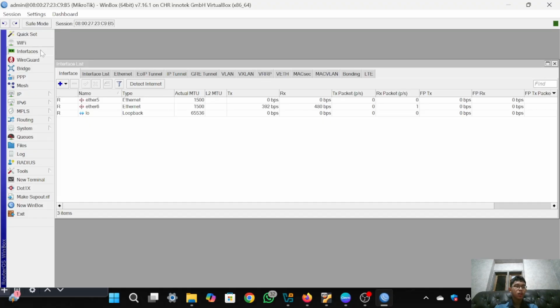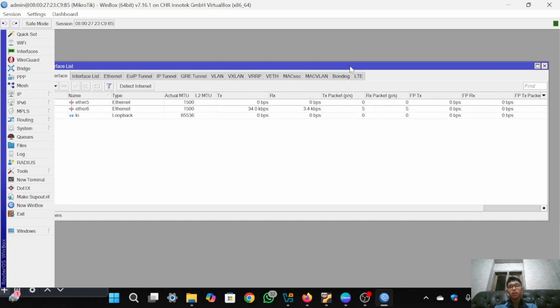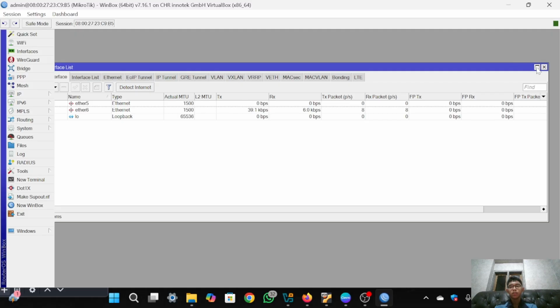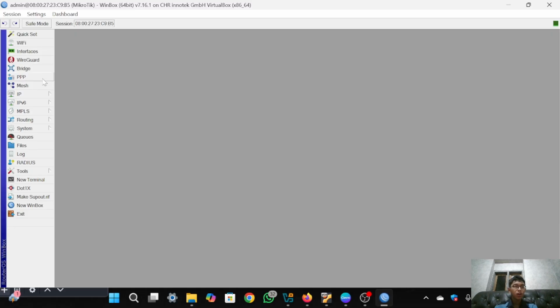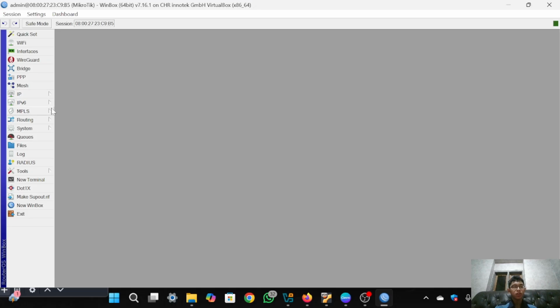Then interface shows your MikroTik interface, and IP is usually used for addressing and hotspot, firewall, DHCP, cloud, and etc.